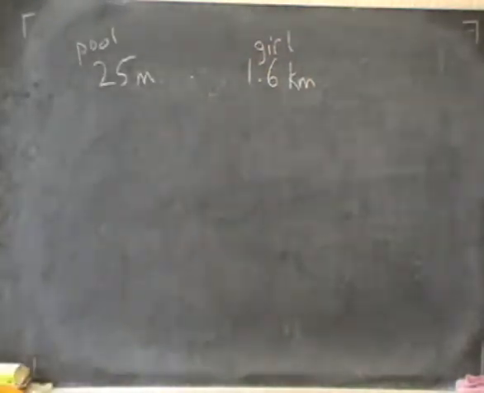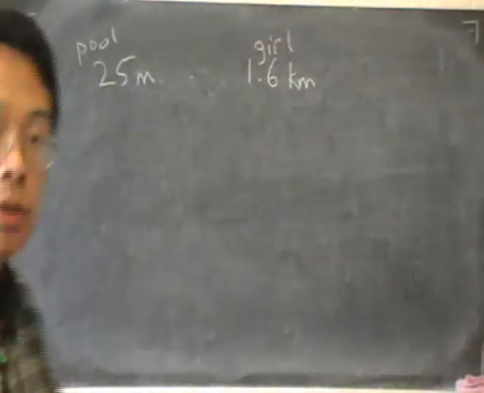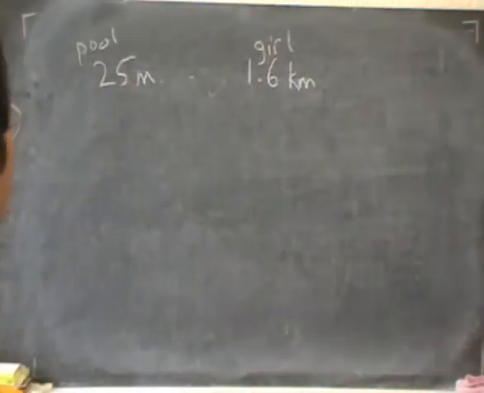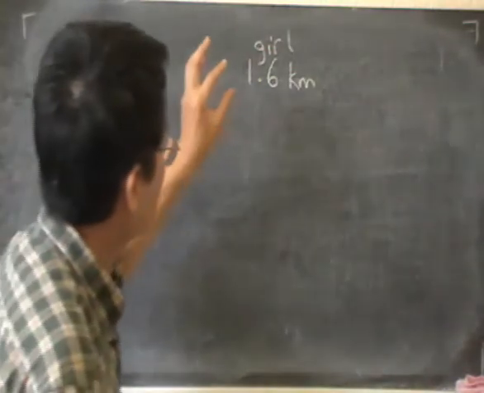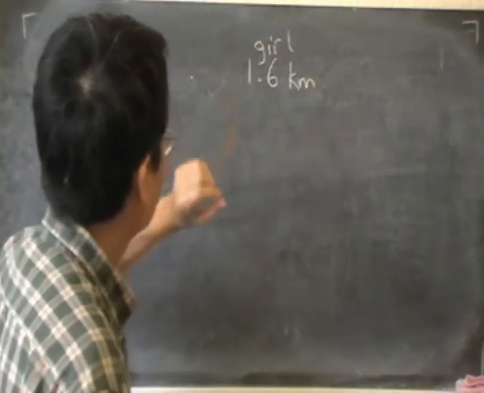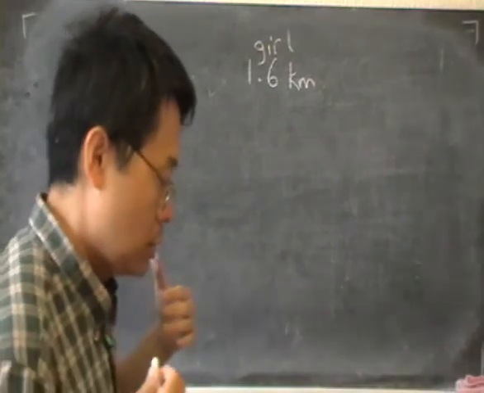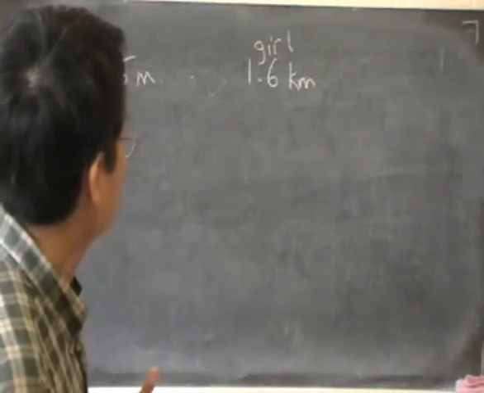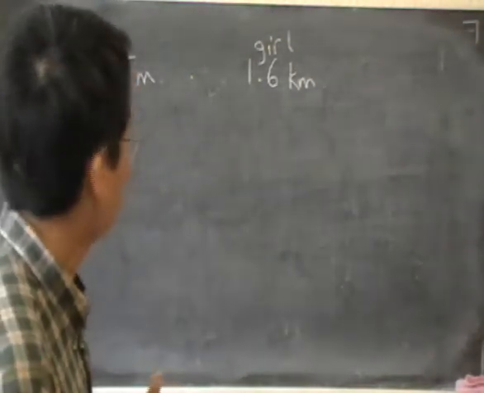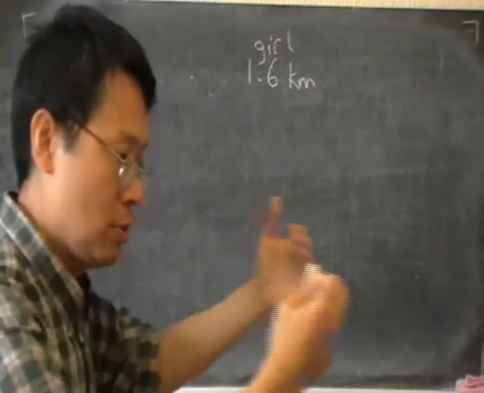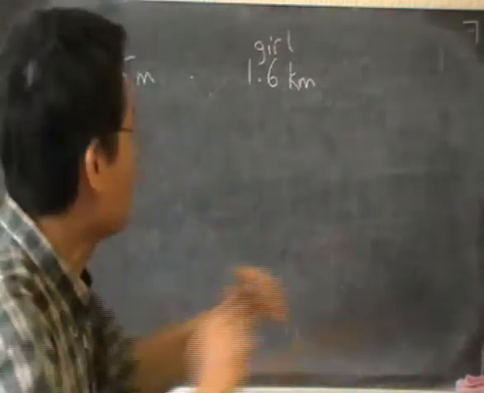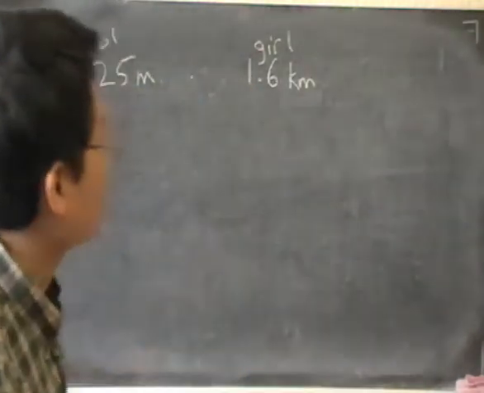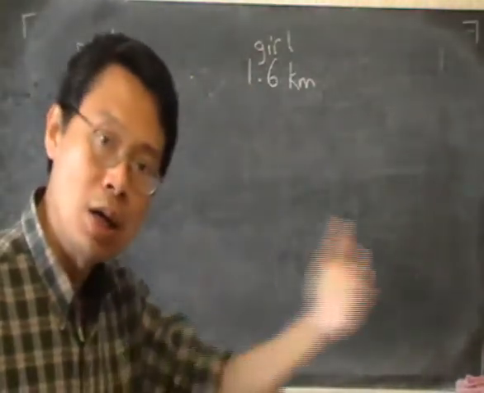The girl. Question: how many lengths did the girl swim? So the girl swims the length of the pool, 25 meters, and she swims back another length, another 25 meters, and forward again and back and forward, and she keeps swimming until the total distance is 1.6 kilometers. So the question is, how many lengths